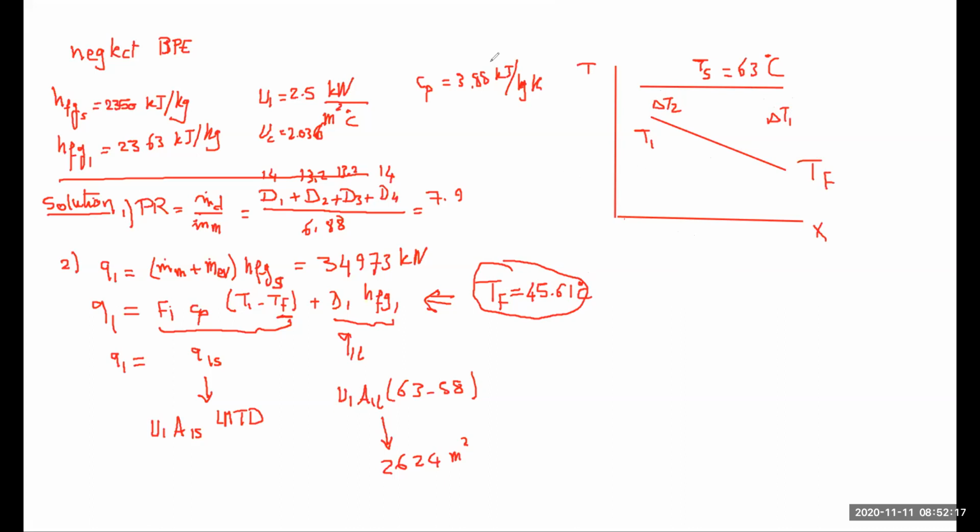So actually, I'll just be consistent with the solution that I'm going to post in the Blackboard. Accordingly, delta T1 is 5, delta T2 is 17.39,